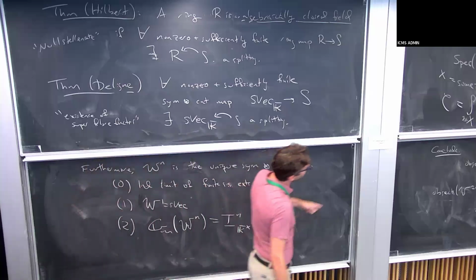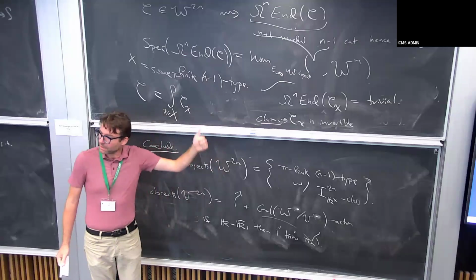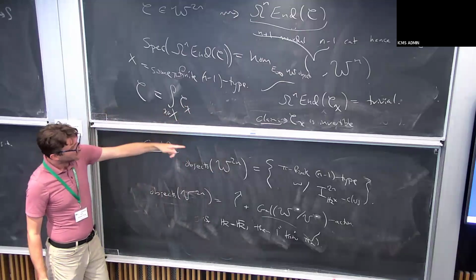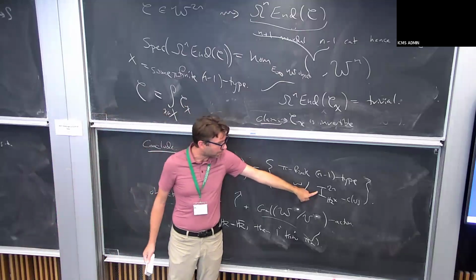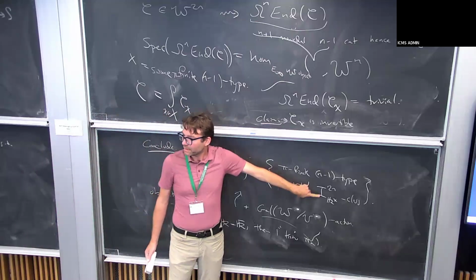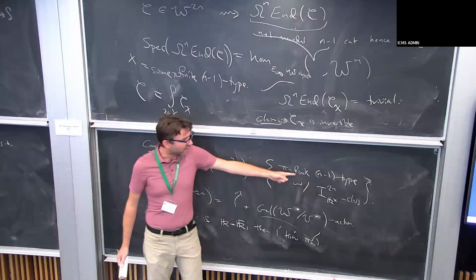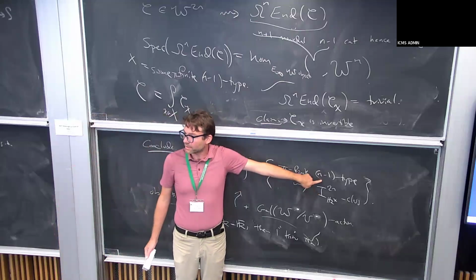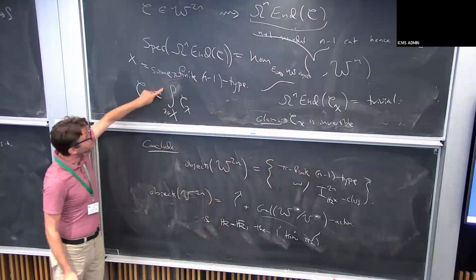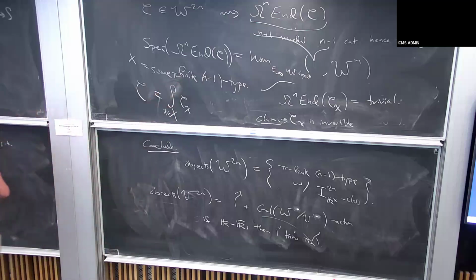What I did here was I picked a space, so I could run this in the other direction. I said, look, I have a space. If I take any space and any invertible gerb on the space, I can look at the global sections of that gerb. And my theorem is that if I just run over n-1 types, I exactly get a complete list of objects in that category. But nobody stops me from writing down this formula for a non-n-1 type. And so a typical thing you could have done